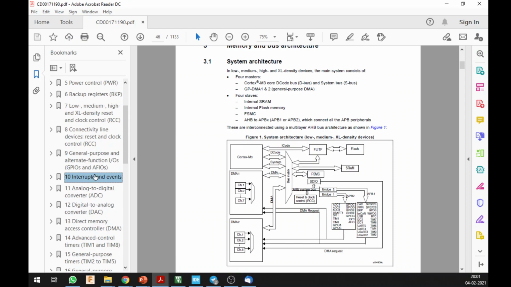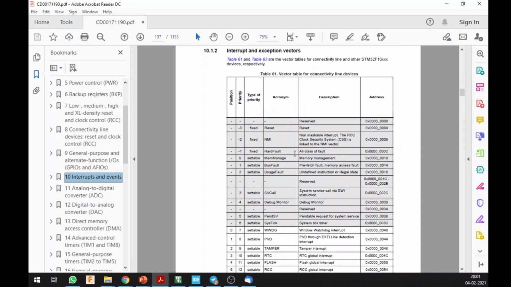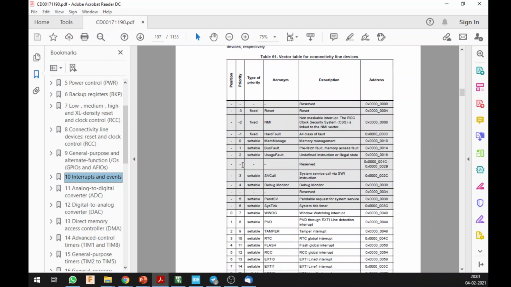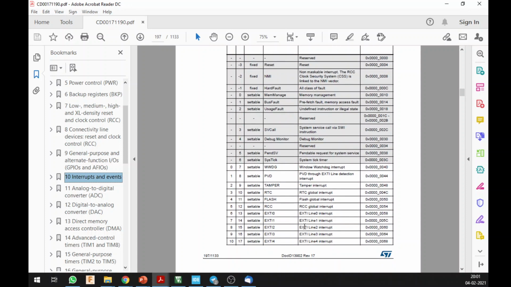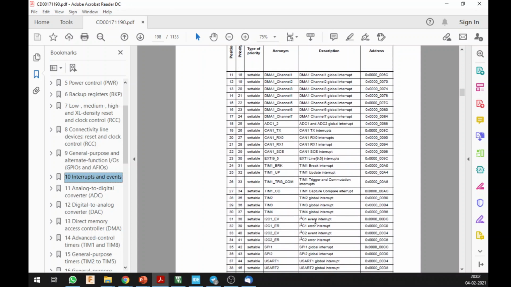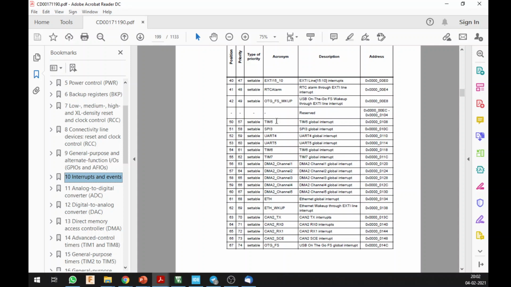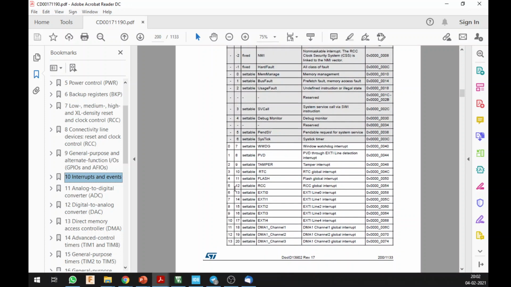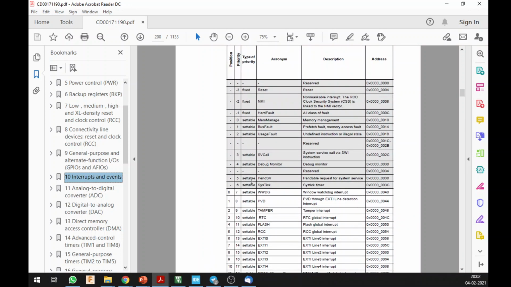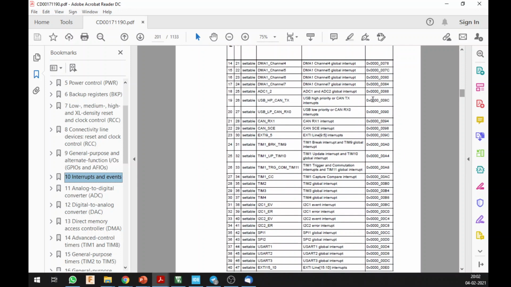So if I go to interrupts and events, I can see the NVIC controller, and you can find all these interrupts, their particular position and their priority. You have the watchdog timer, the PVD line, external interrupt detection, RTC, external interrupt 1, 2, and so on and so forth. Then you have the USART interrupt, SPI interrupt, DMA interrupt. All these have a particular priority setup, and you can set the user priority and access these in the way you want. You can just refer to this user manual.